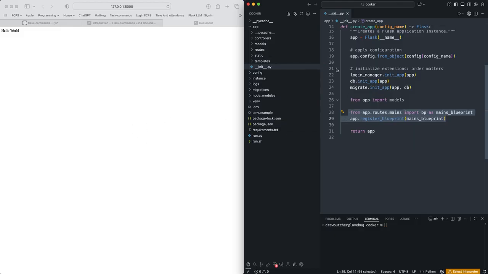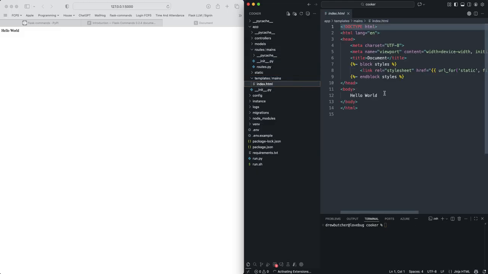Okay, so if we want to actually go see the blueprint, it's under routes, and I keep all my blueprints under here. I use the convention of routes are plural, templates are going to be plural, so you're going to see mains here. If it was a post that we were doing, it would be posts, and then posts here. So this is our index.html file, and if we look in here, we'll see our hello world, and we can